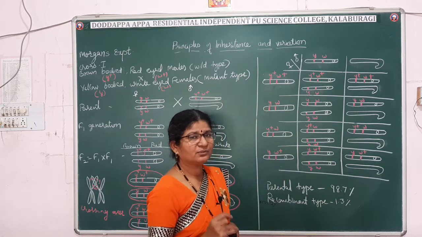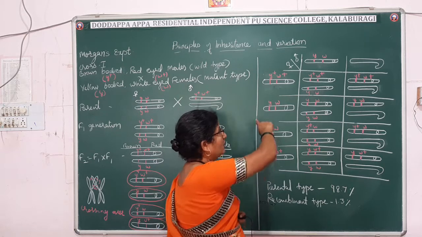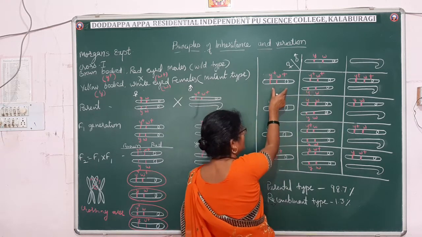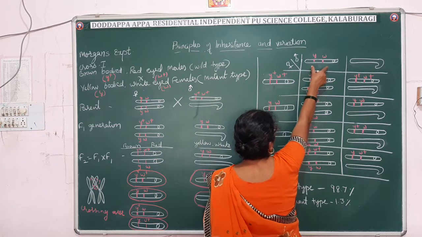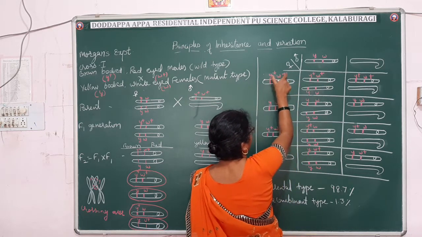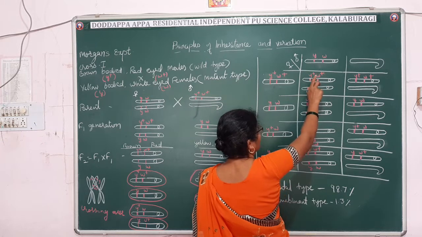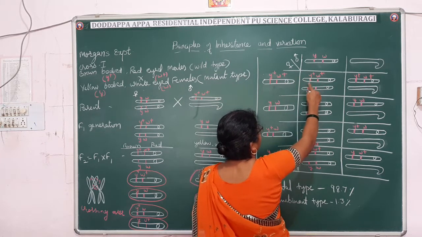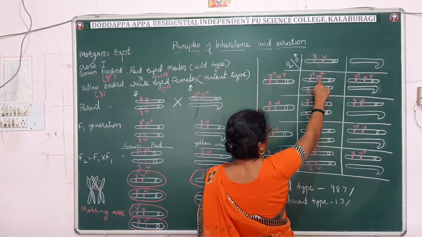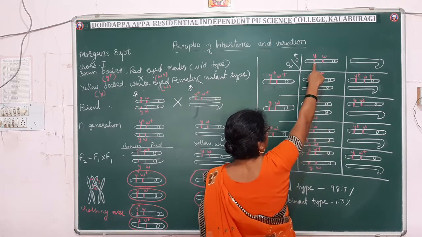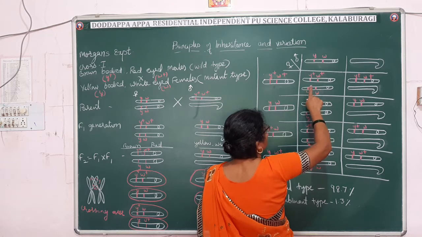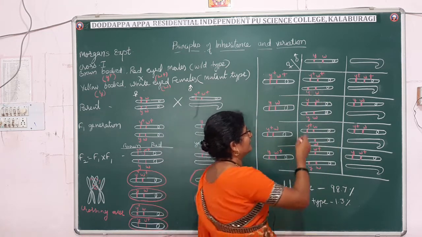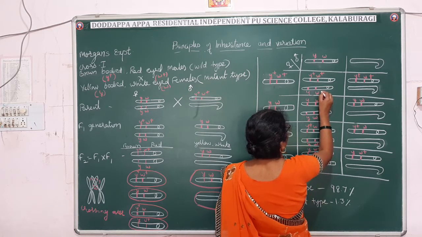And now you know how to cross this and how to write the progeny. So these chromosomes you have to combine with this one and always write the dominant one first. If they are homozygous, let it be. Here I wrote the X chromosome with Y plus W plus and X from the male. So what kind of character will this progeny express? It will express brown body with red eye.